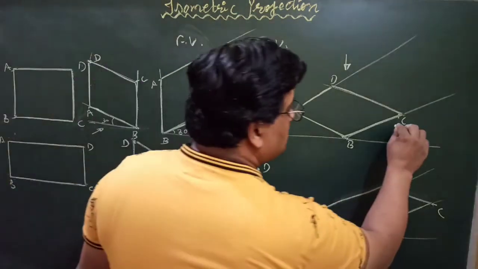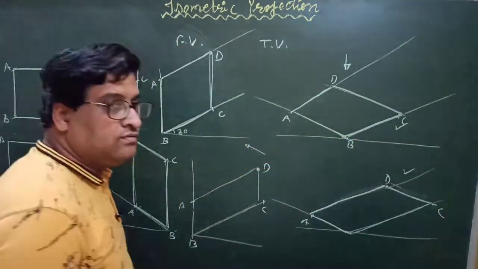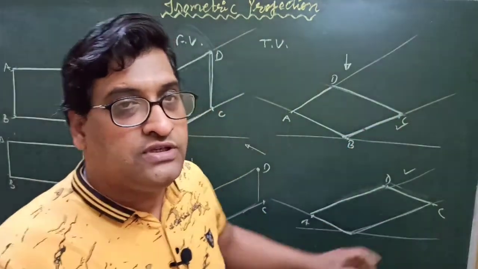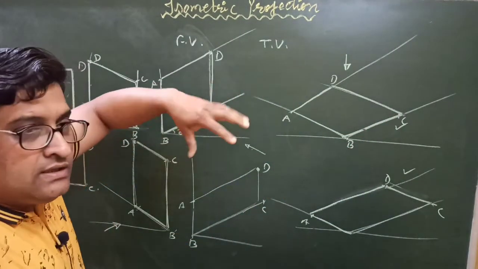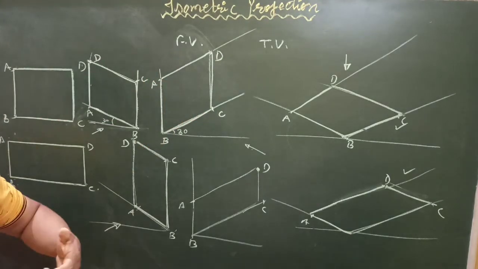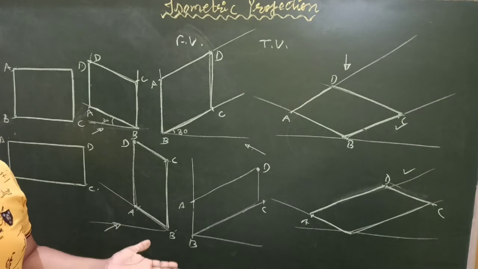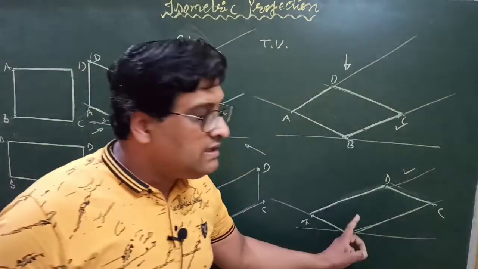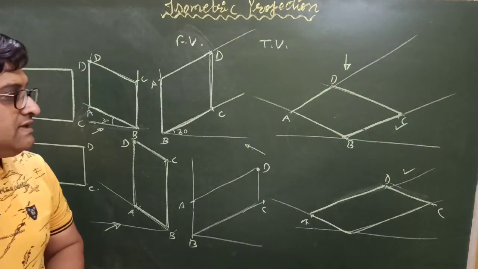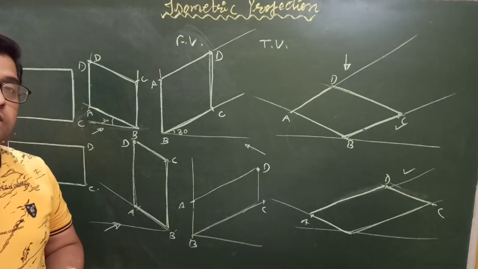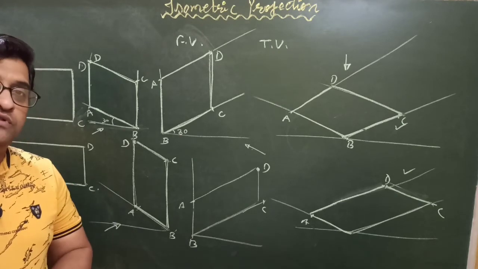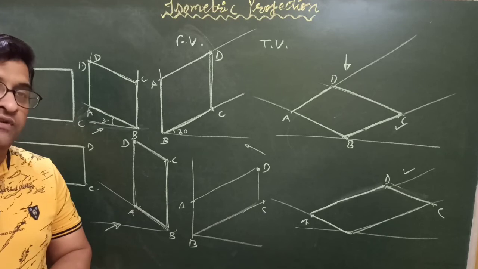Because this is the most important condition, top view. In most cases you have to deal with this type of position, because generally the shapes of the planes are visible from the top, irrespective of whether it is a solid or a plane figure. So this is the most widely used position of the objects, and for that we will be discussing isometric projections of planes in the next video, and then isometric projection of solids in further videos.